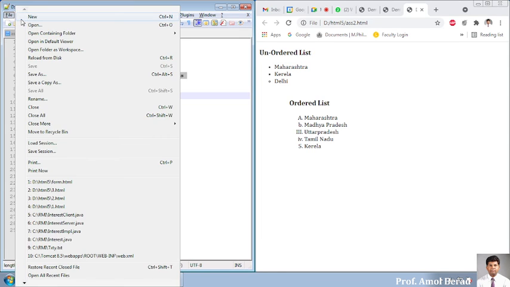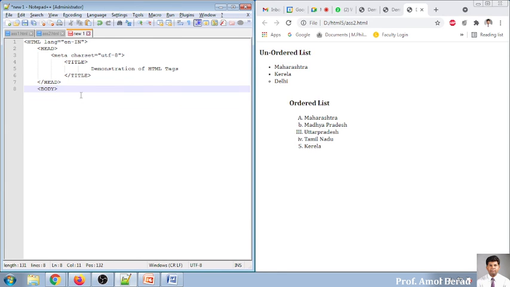I'm copying this one and we'll move to the next assignment. It's very short. There are some special characters you can use for your runtime. So I will demonstrate in front of you. If you want a space, you can use ampersand NBSP and semicolon.